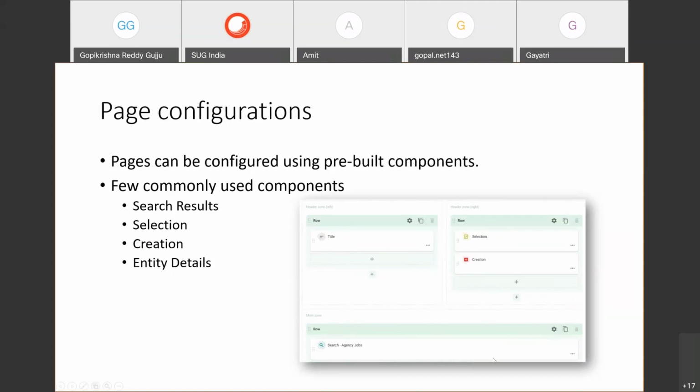We have a search component, which shows the results. Out of the search, we have a selection component and a creation component if you want to create an entity. These are pretty common components we use, and we just configure them. So you would feel like you're doing a little bit of SXA.